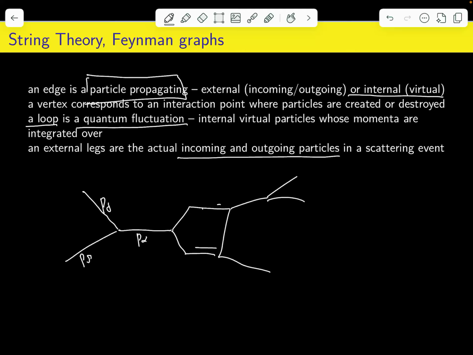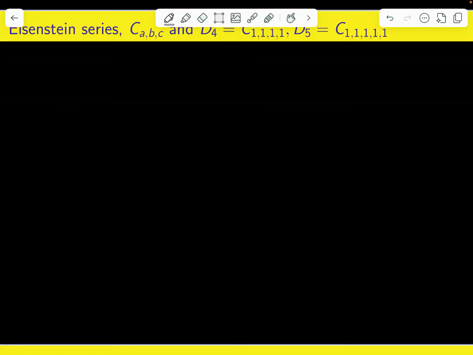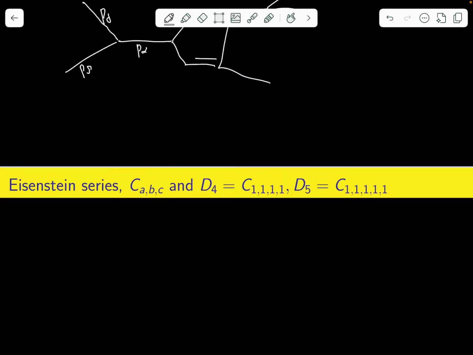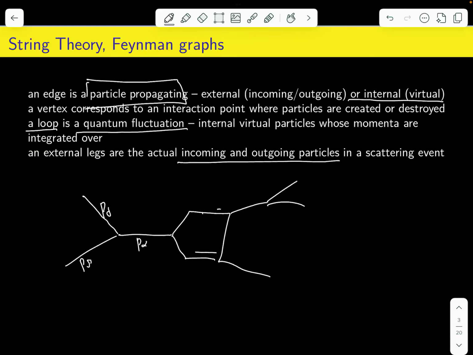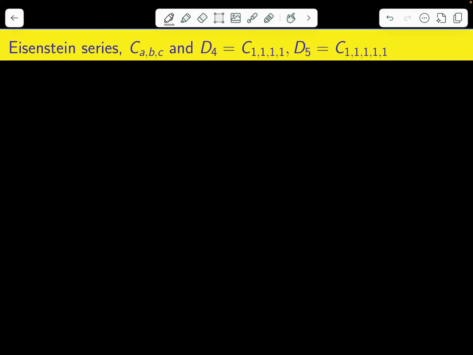Now let's see how we can associate certain mathematical objects to these graphs. As I told you, these graphs usually appear when you look for the expansion of a certain divergent integral. You integrate something over all the paths, and naturally you have graphs, and the terms of your expansion are encoded by graphs. Now, how to define these modular graph functions. First of all, there is